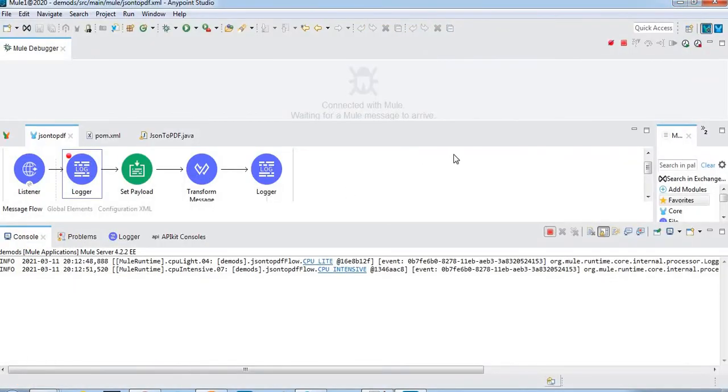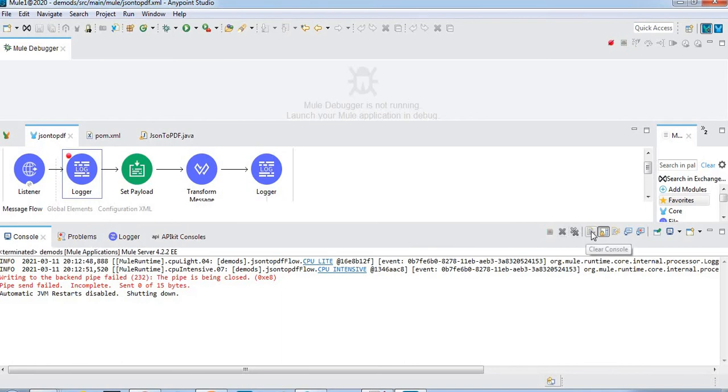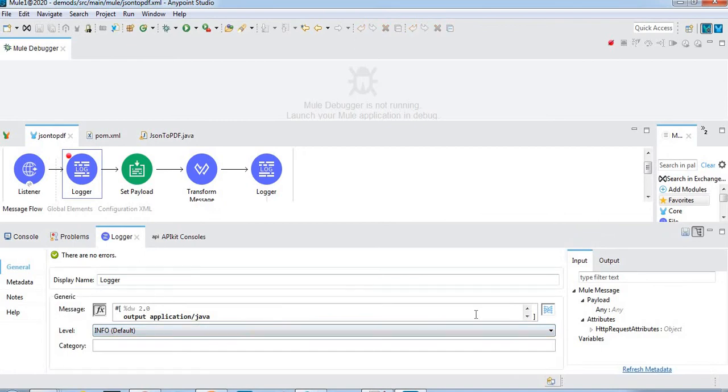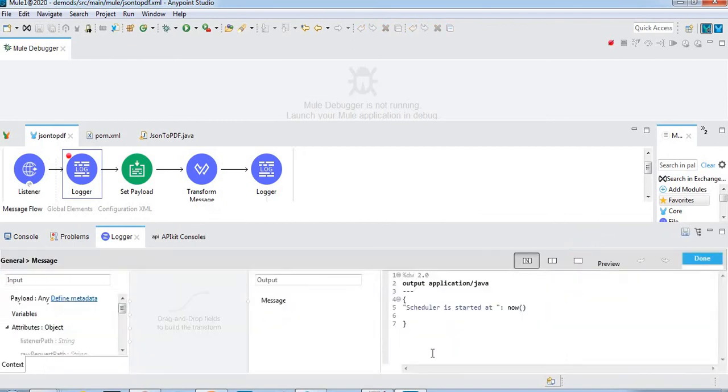So I will stop the application and see, I will change here also. Instead of scheduler, I will give HTTP, flow started instead of that.